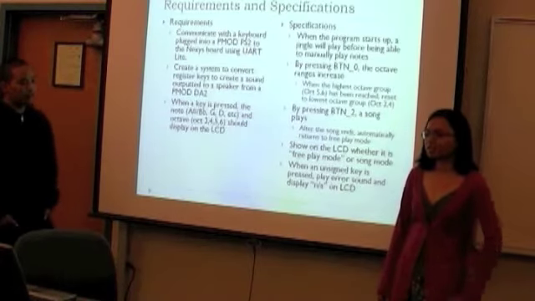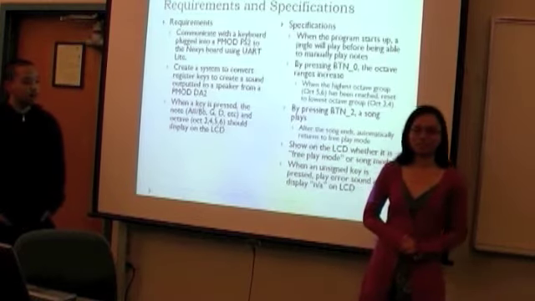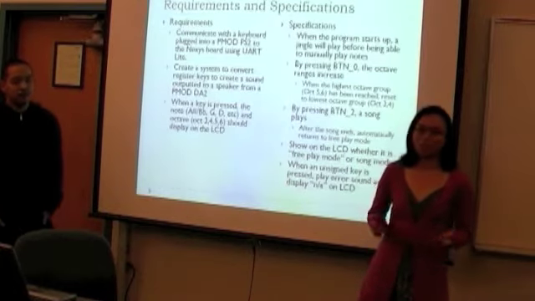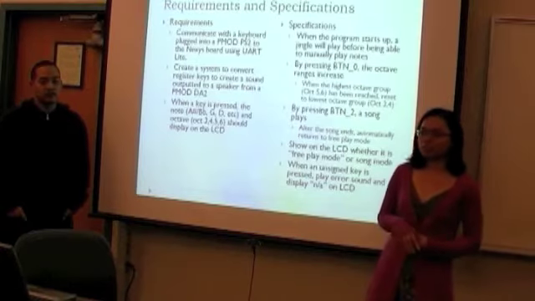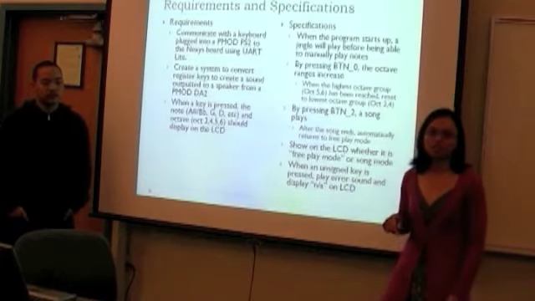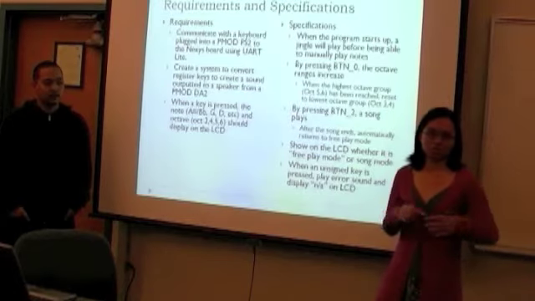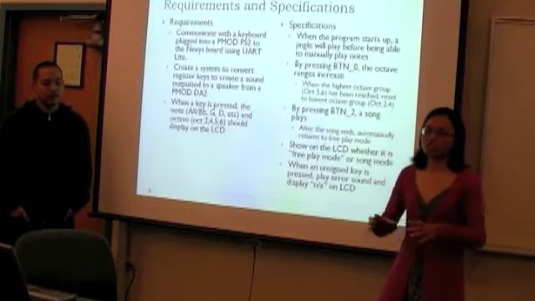So for our specifications, when we started up the program, it's going to play a little jingle before you're able to manually play any of the notes. And we decided to use button 0 to increase the octave range. So on our keyboard there's 2 ranges of octaves, and by pressing the button it will shift up by an